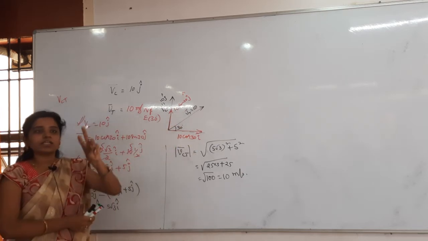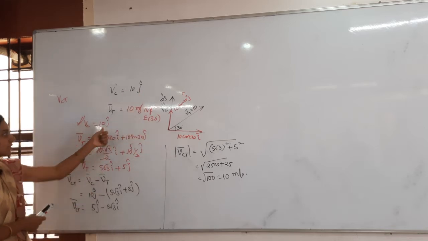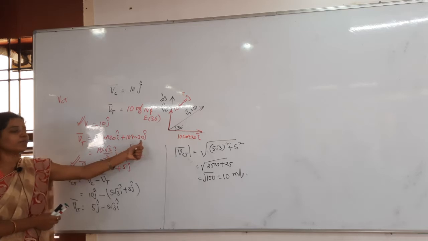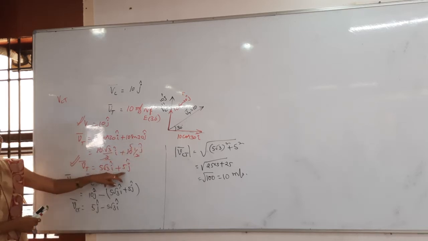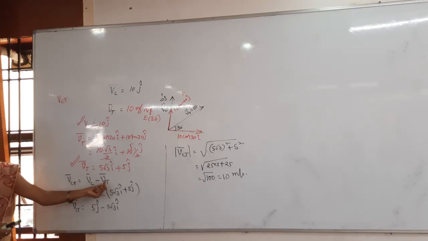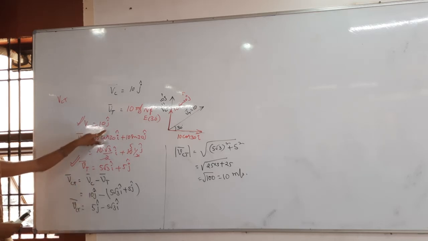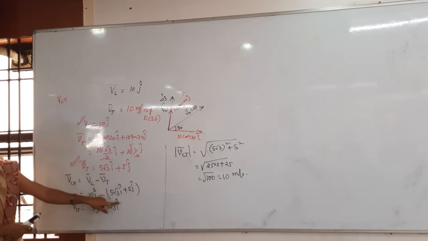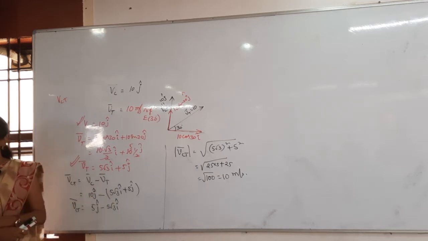The velocity of the truck has two components. The velocity of the car has only one component. So the truck is equal to 10 cos 30 i cap, 10 sin 30 j cap. Then totally what we got is the velocity of the truck is 5 root 3 i cap plus 5 j cap. Now you have to find the velocity of the car with respect to truck. So velocity of the car with respect to truck is nothing but Vc minus Vt. Vc is how much, they have given clearly, 10 j cap, minus Vt value I have substituted. So I got Vct is equal to how much? 5j minus 5 root 3 i.